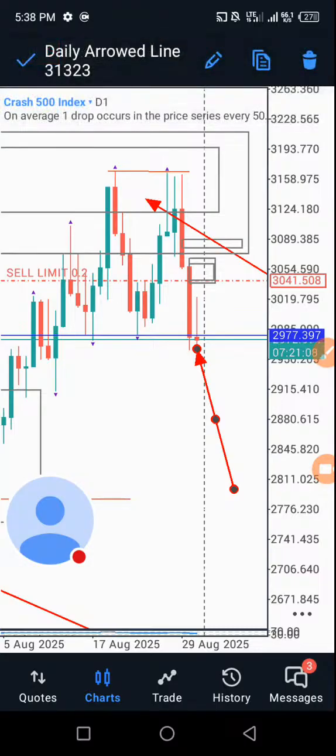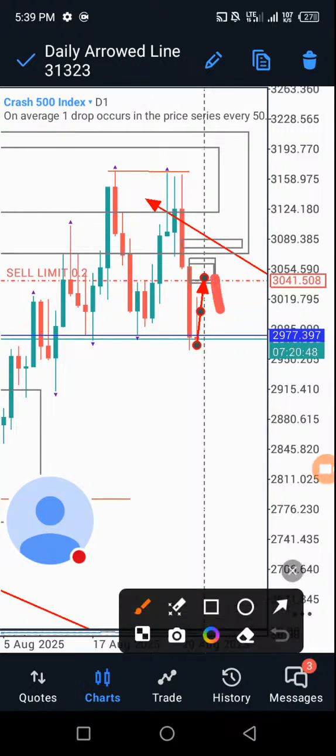If that doesn't happen, I'm still just going to observe this market, right? The other thing is, after a change of character has happened, we should anticipate a final retracement